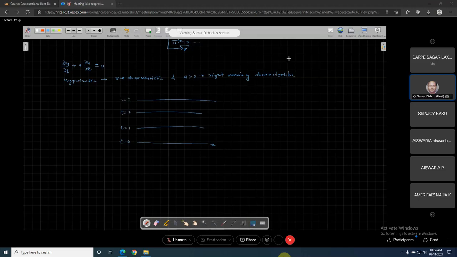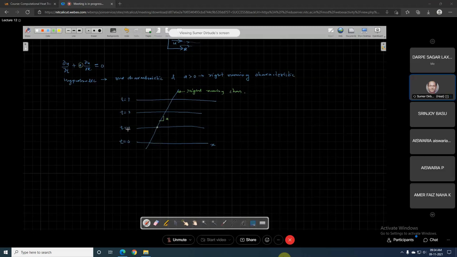Now I have a right running characteristic here, like this, and it has a slope which is given by this a, and it is passing